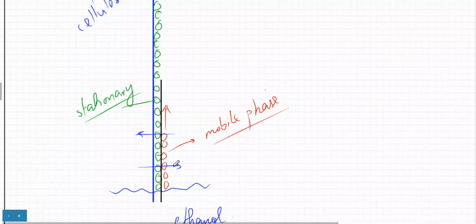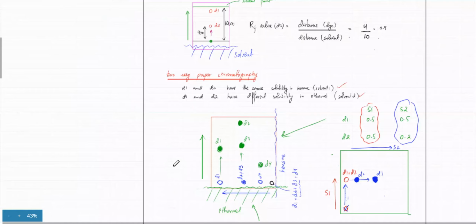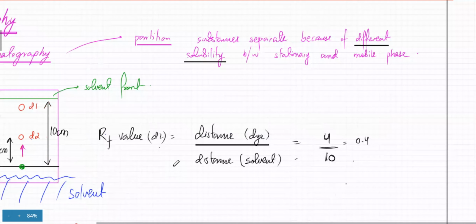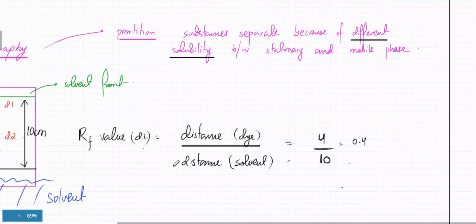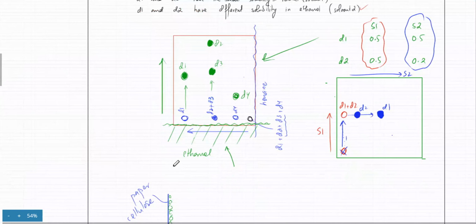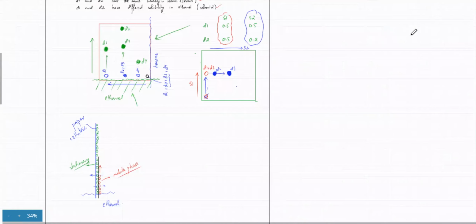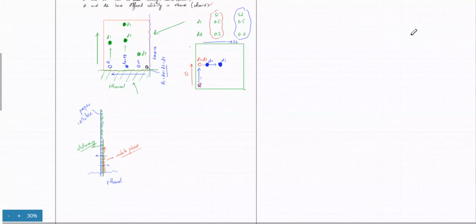Yes, sir. So that is partition. ये थोड़ी सी detail है इसकी paper chromatography. Remember, this is only paper chromatography. So substances separate because of different solubilities between stationary and mobile phase. RF value का पता करना है. Two-way paper chromatography, understand करना है what's two-way paper chromatography. You might be given actual graphs to actually sketch them. मतलब 0.5 का मतलब है कि अगर 10 डब्बे बने होंगे ना उसका मतलब है वो 5 boxes move करेंगे. 0.2 का मतलब है if there are 10 boxes then the dye would move 2 boxes. ठीक है? इसका बस ख्याल रखना है. So ठीक है, there's not much in paper chromatography.